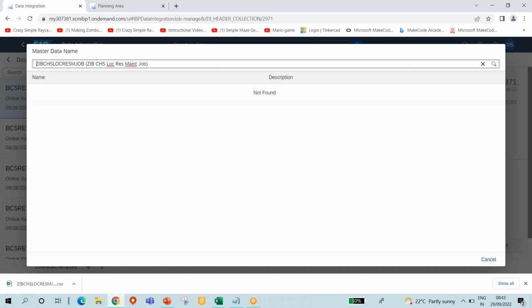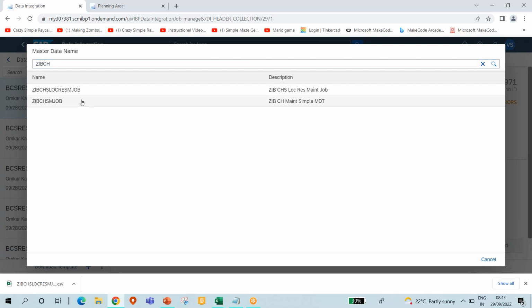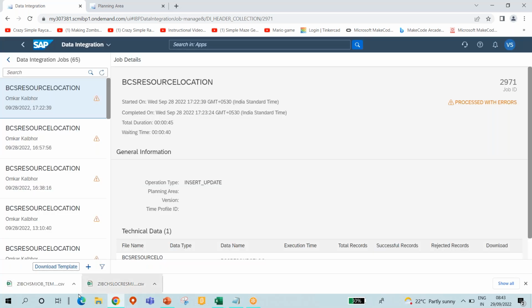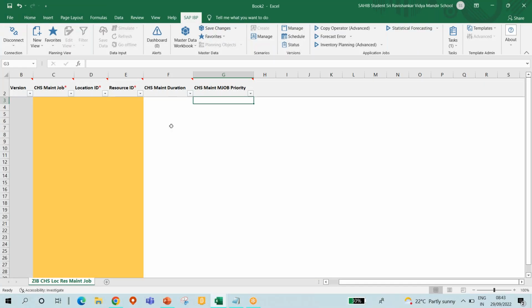Let me also download the template for another one, which is this one, and download it. So both the templates now we have. Let's look one by one. The simple master data type